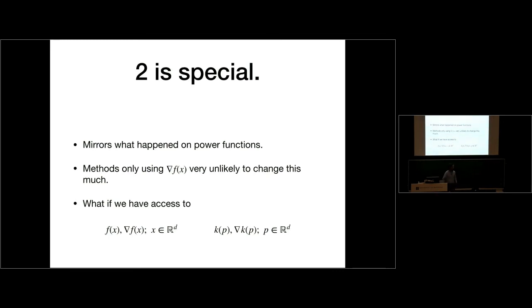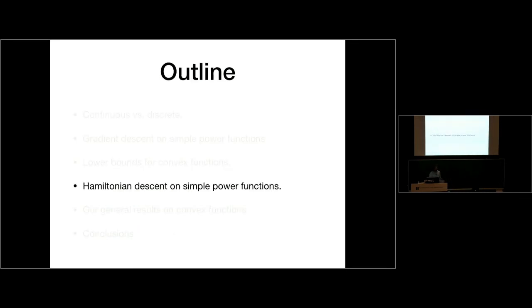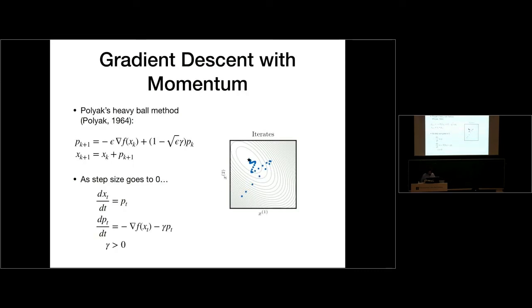Okay, so let's return to the premise of the whole talk, which is that, suppose we have more than just gradients. Suppose we have access to a second function k, and we can evaluate its gradients anywhere in space. Now we're going to talk about a method that sneaks information about f into k in a way that apparently violates those lower bounds. It doesn't violate them, obviously, there's no magic. The idea is that we're using this to encode more information about f than just its gradients. These are the methods that we're calling Hamiltonian descent methods. So to motivate these, what are we doing?